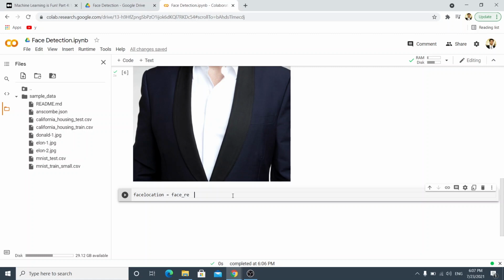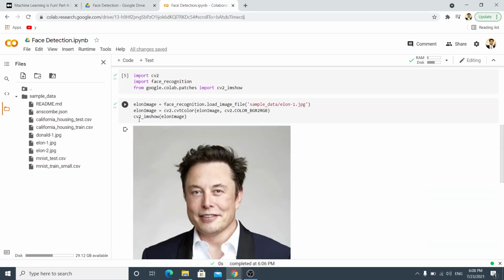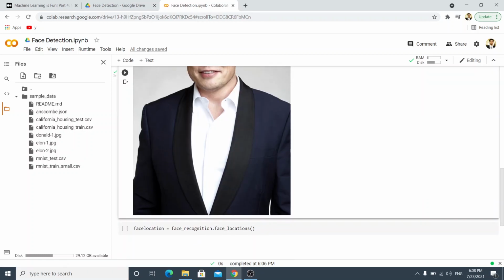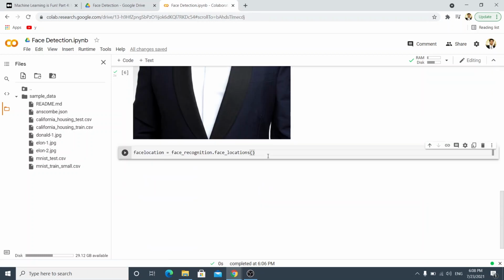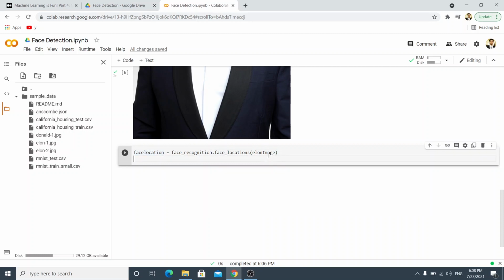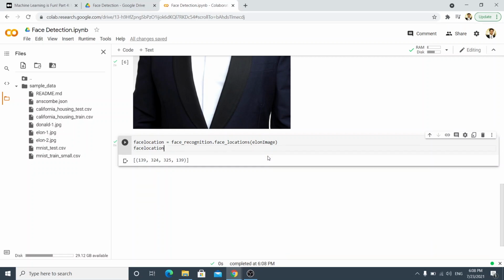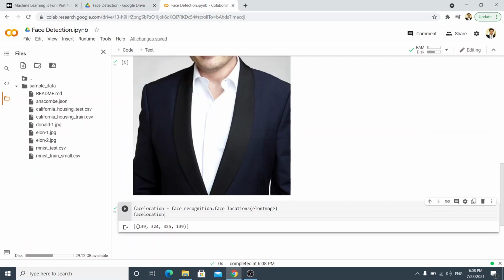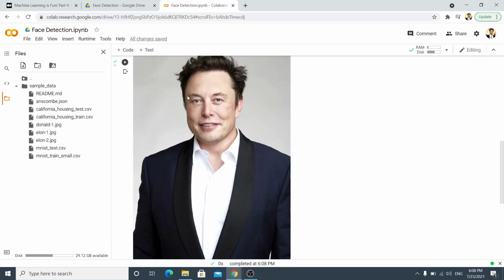equals face_recognition, and inside that we have to go for face_locations, and inside that we have to provide the name of the image of which we want to get the face location. So here provide this over here, and then let's just display face location. So here it is providing us the coordinates of the rectangle where the face is,